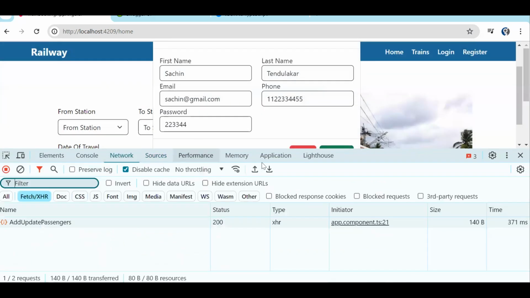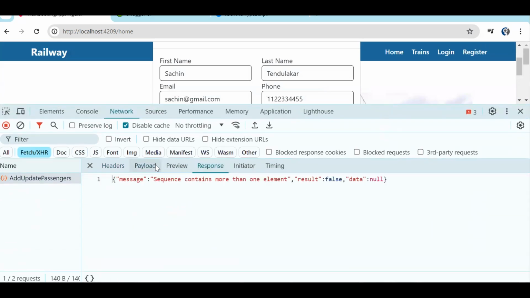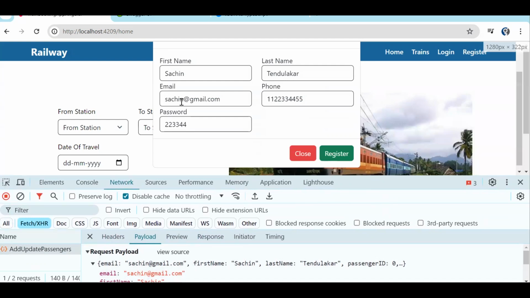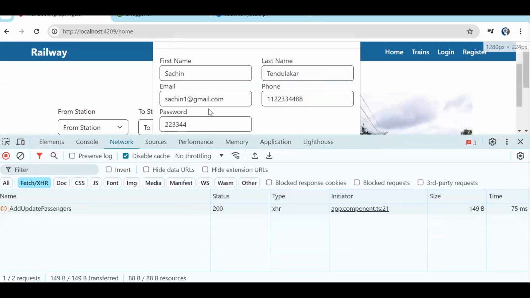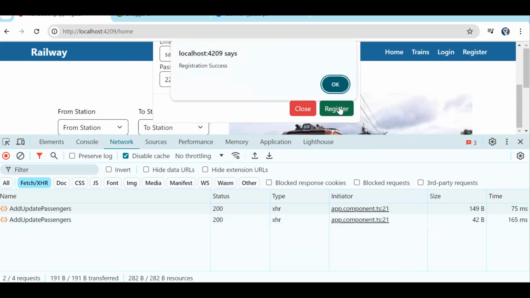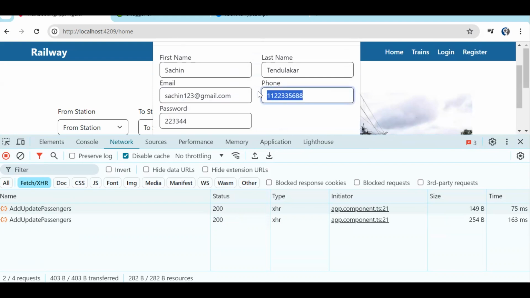API issue is there. So over here, I should have handled that. I think the phone number or the email ID must be unique. So let's try Sachin one, and over here let's add 88. Let's try register now. Passenger already exists with the phone or the email. Sachin, 12356. On click of register. Yeah, registration success. So make sure you are passing an email ID and phone number that are unique,